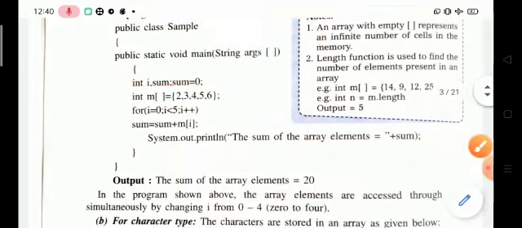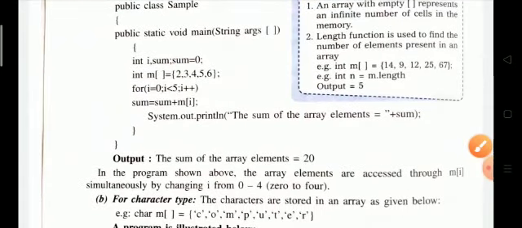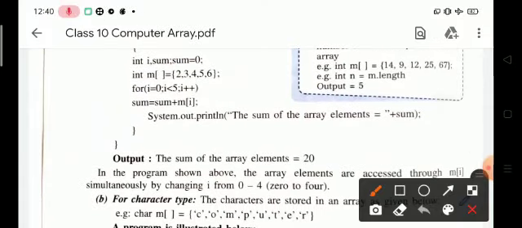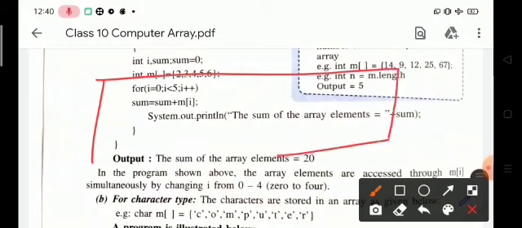Now we can use a for loop. For (i = 0; i < 5; i++). Remember this point: the initial value of i always starts from 0, because the beginning index of the array is 0.